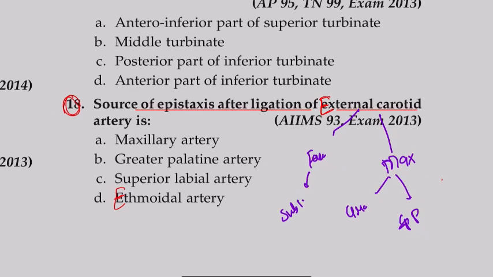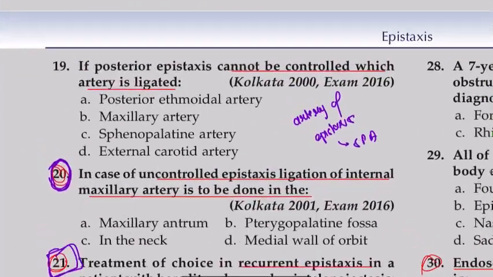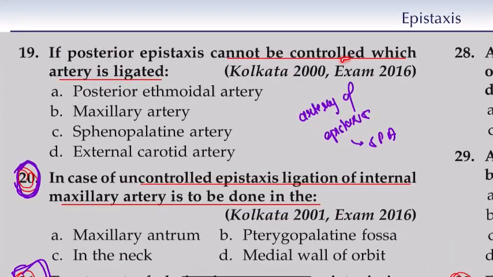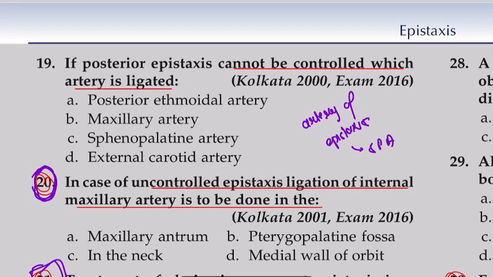Similarly, if posterior epistaxis cannot be controlled, which artery is ligated? The sphenopalatine artery can be ligated. Sphenopalatine artery is the artery of epistaxis because it is present in